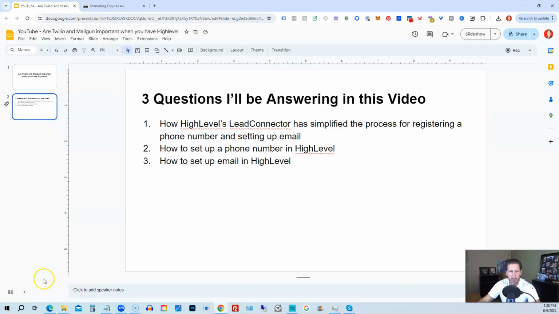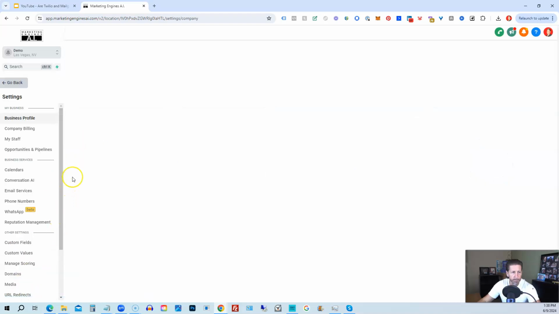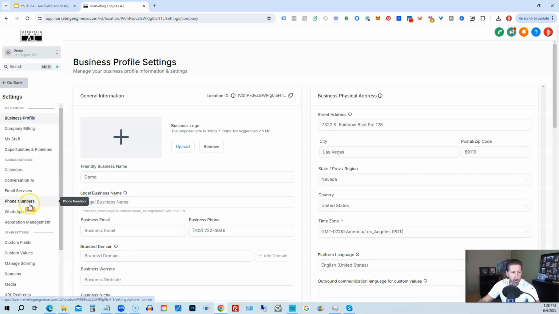So I'm going to jump on over to my demo account in Highlevel and show you exactly what I'm talking about. First things first, we need to go over to settings on the left hand side, and then we need to go into phone numbers or email services. We'll go into phone numbers first,